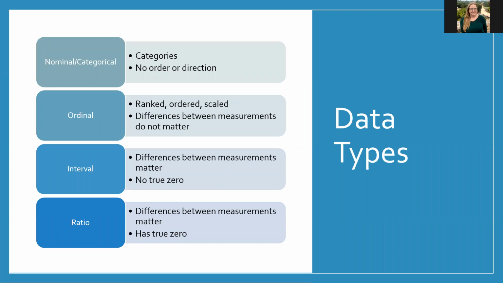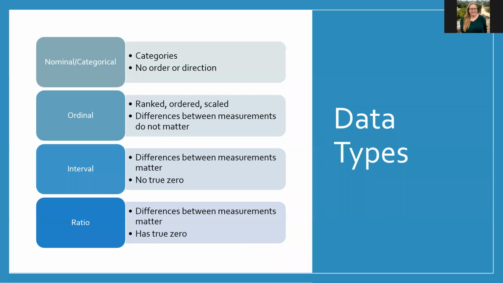Breaking data types down further, there are 4 different levels. Nominal or categorical data is the lowest level because you can do the least amount of analyses with it. It contains categories such as tree or bird species and does not have an order or direction. Ordinal data is ranked data, but the measurement between the values is irrelevant. This includes things like low, middle, and high income levels or Likert scale data,